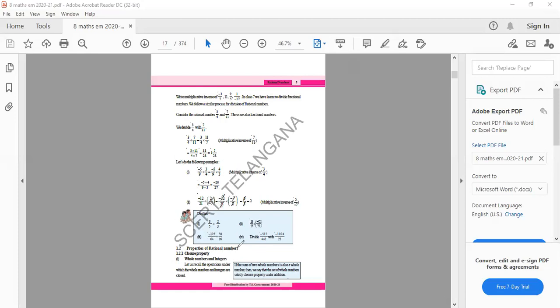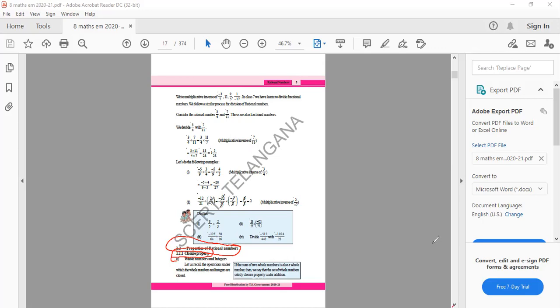This is the properties of rational numbers. Please note down, properties of rational numbers. First one is the closure property, because these things should not be confusing, and sometimes they are not available in any text lectures. So something you should take very clear. First of all, closure property. Closure property means you need to check it out one by one. What is actually the closure property?